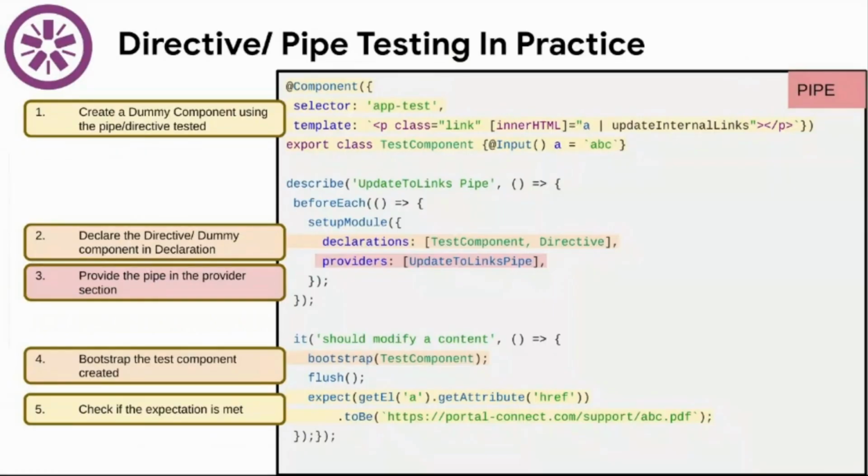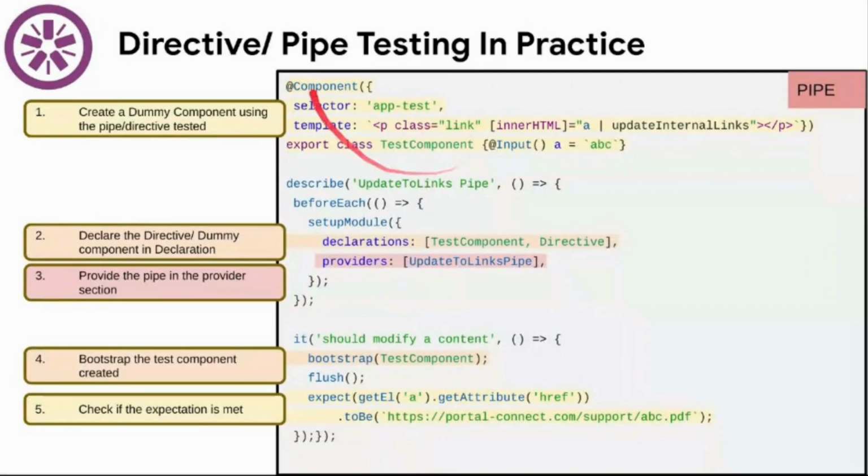So the basic approach is the same, but further it may be elaborated, like both of these. Initially, suppose how exactly we are going to test with the pipe directive. What exactly we do is create a dummy component. Suppose we have a dummy component, we would create our own. Okay, so this is some test component. We are going to add our own.